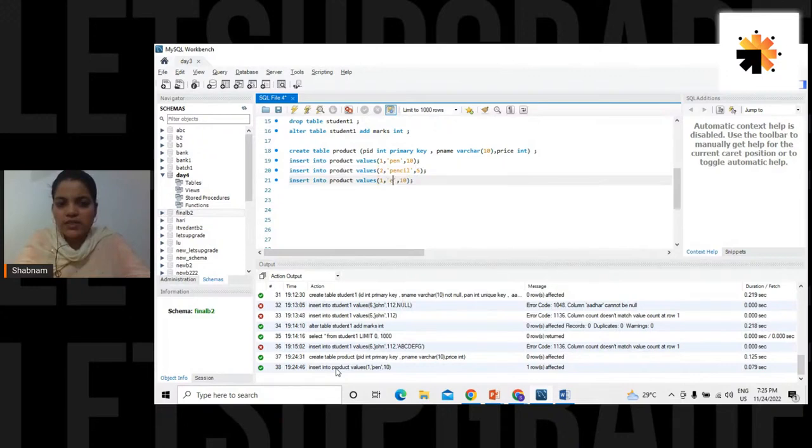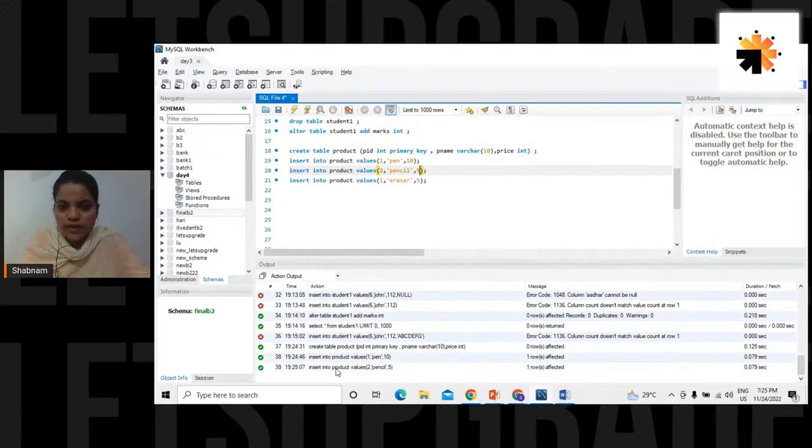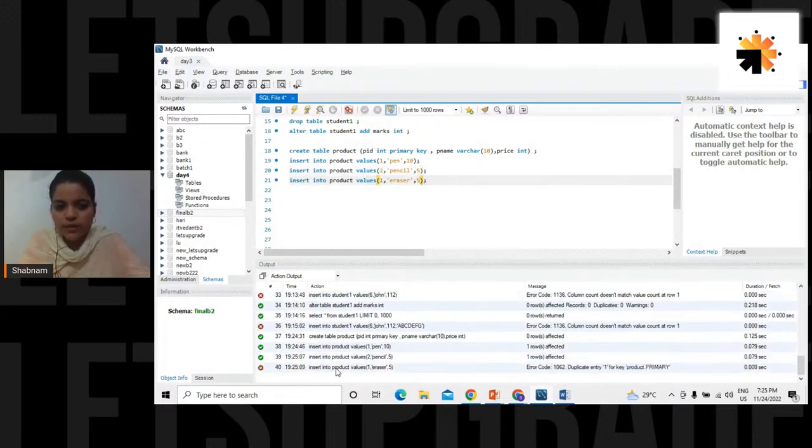Product number 3, that's eraser, price is again 5. Executing the second query, executing the third query. Okay, it's giving me an error because I forgot to change ID 3 from 1.